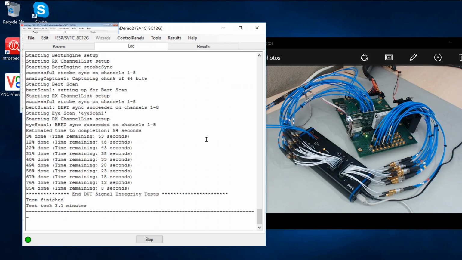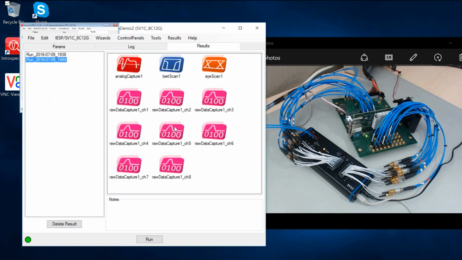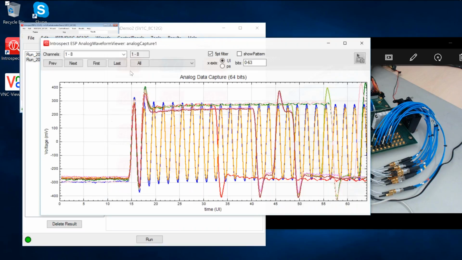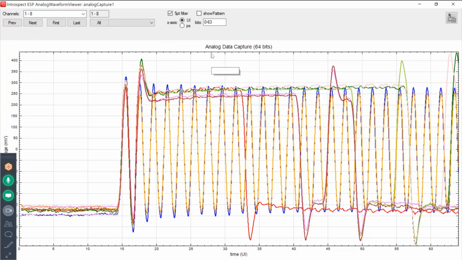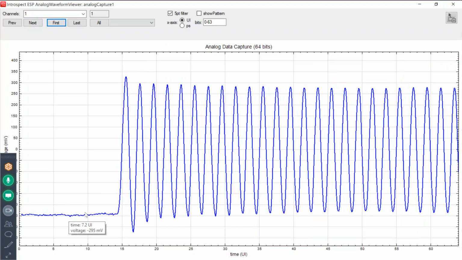Okay, so the test has just ended, and the tool has taken us to the result window for the device. And so we can look at the various measurements here. This is the analog waveform capture across all 8 lanes. And we have purposely set this up so that we could trigger the analog waveform at different points in the pattern. So if we look at the first channel here, the first lane, we're measuring it at a point where there's a constant sequence of zeros for a while, followed by a high